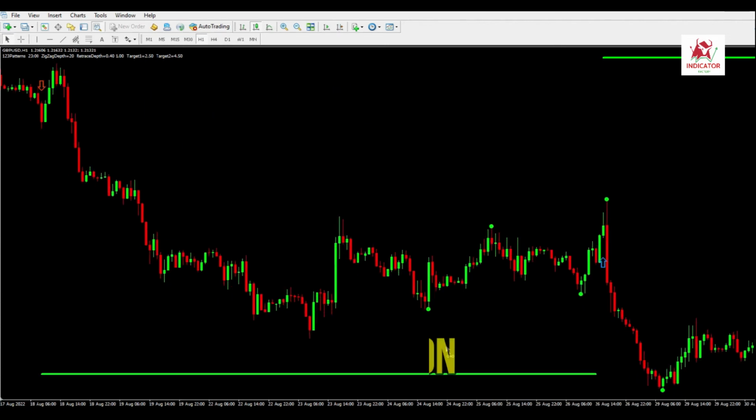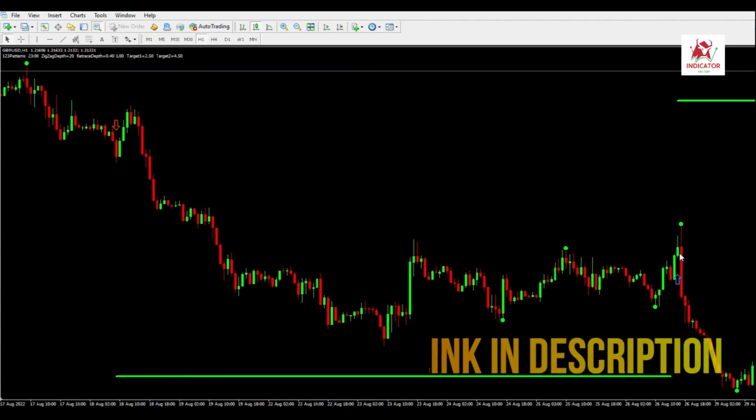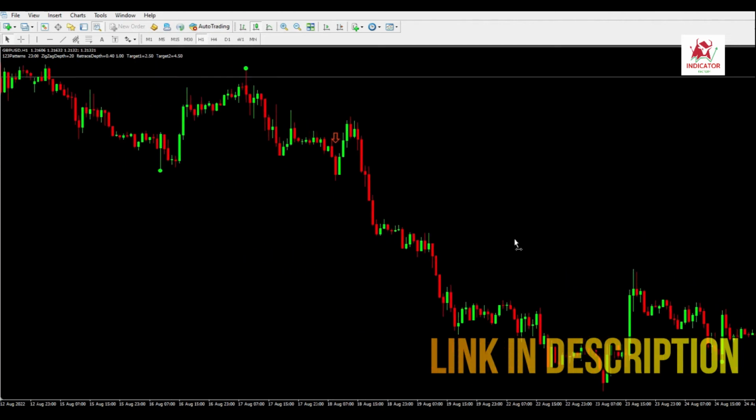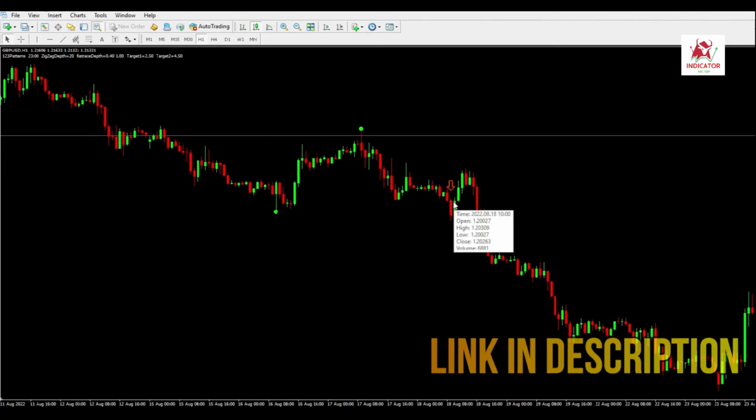Conclusion: the 123 Forex patterns is the best Mt4 indicator for identifying highly probable trend following trade setups based on recent price actions. This tool makes it easier